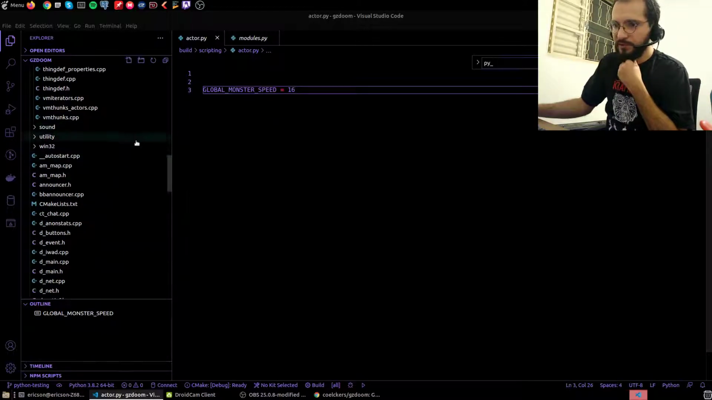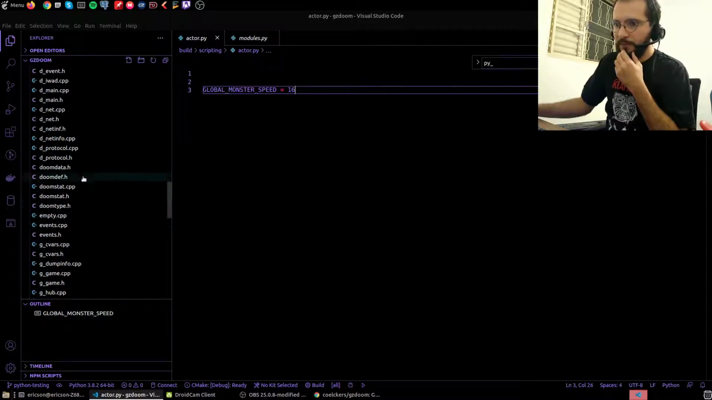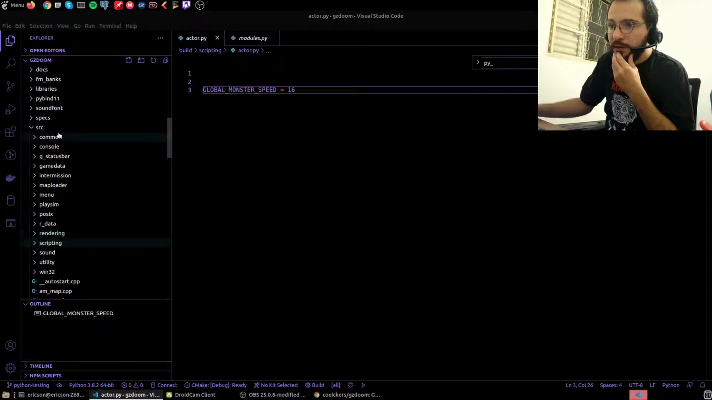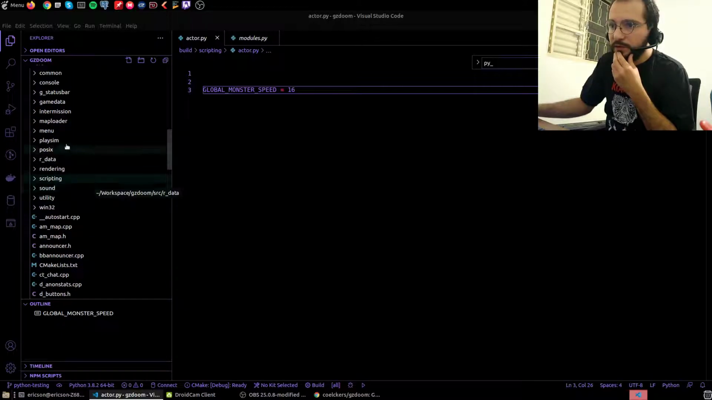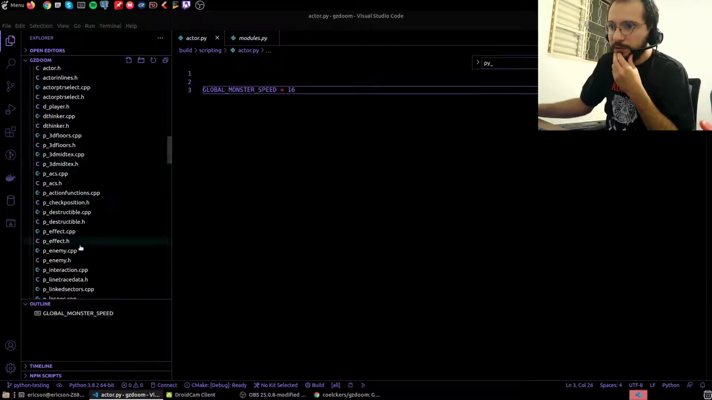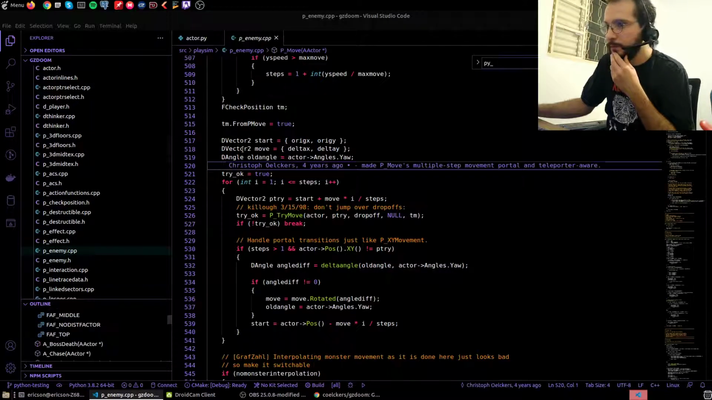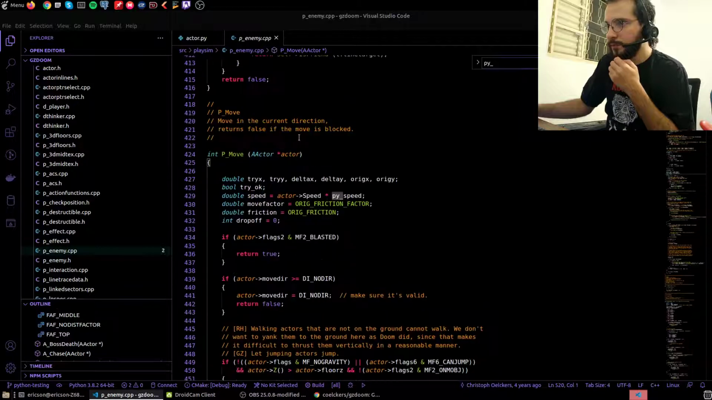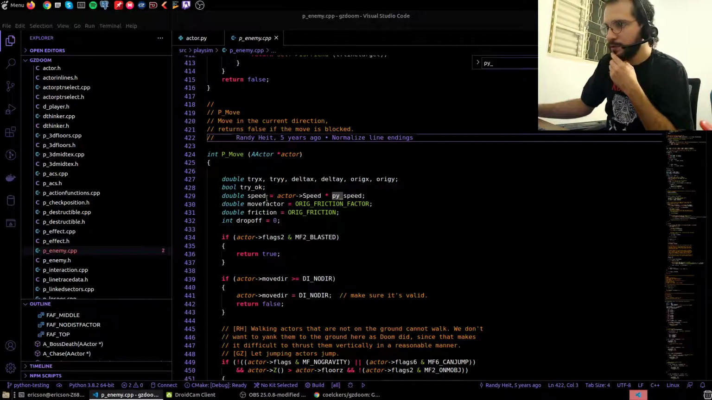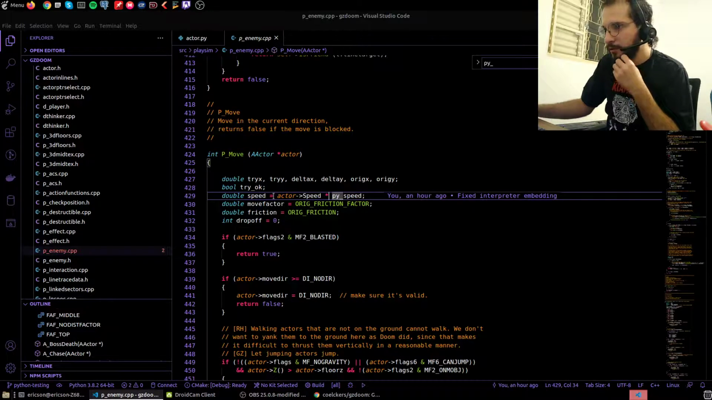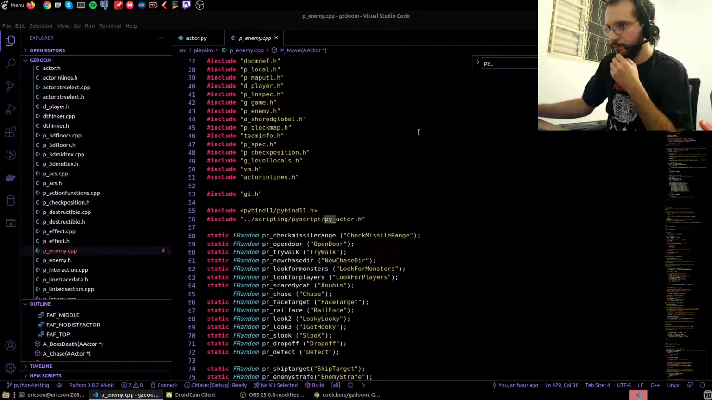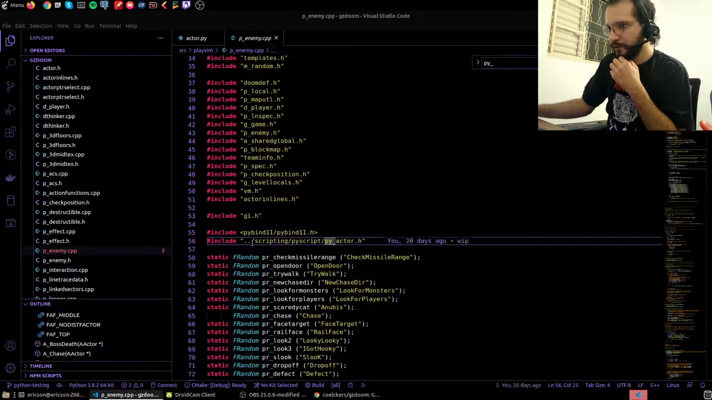This global monster speed, I've modified this. Let me find it. It is on placesim, the enemy. It is the pmove function, and you can see that I multiply the speed by PySpeed, which is defined in the scripting